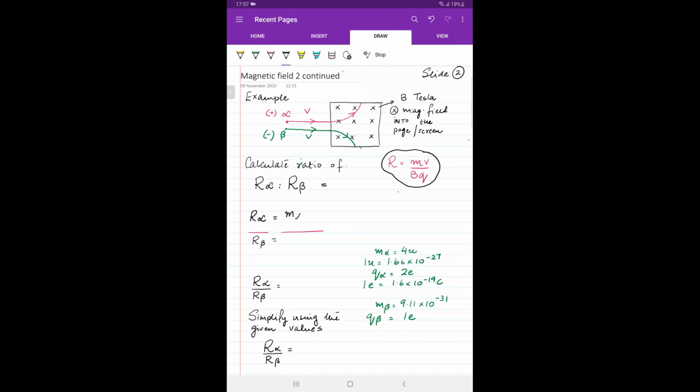Mass of alpha times velocity. I'm assuming velocity is the same for both of them, divided by magnetic flux density, which is also the same for both of them, charge of alpha. So alpha का ये result आ जाएगा based on the formula, और बीटा के लिए likewise ये result आ जाएगा। फिर calculate करके देख लेते हैं कि आंसर क्या आएगा, and that answer will imply ये diagram सही है गलत है whatever।